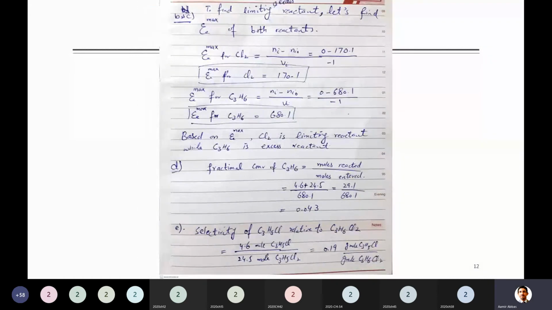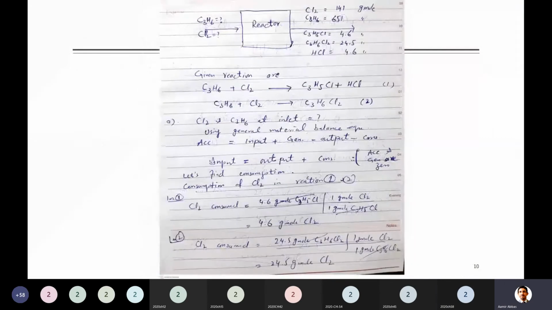ये आपको slide show हो रही है, तो आप देख सकते हो कि मैंने जब D part लिखा है तो मैंने both reacting in both reactions, but what I was talking about is that you should only do calculation based on the first reaction, because in the statement he mentioned fractional conversion of C3H6 based on C3H5Cl, और वो सिर्फ first reaction में produce हो रहा है। तो आप लोगों को ये करना चाहिए 4.6 divided by 680। Okay. Okay sir. Right.